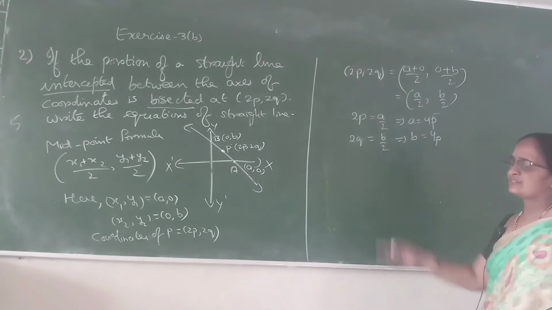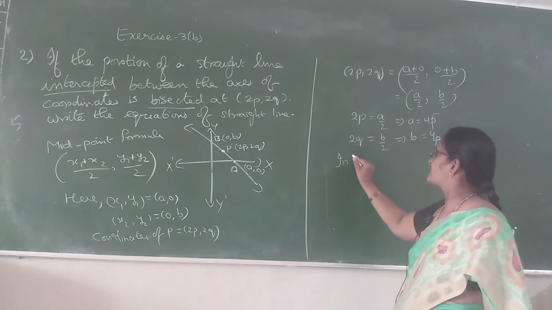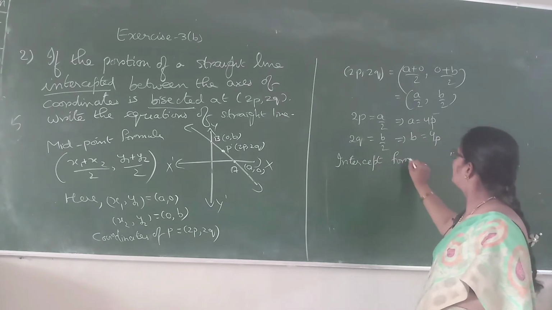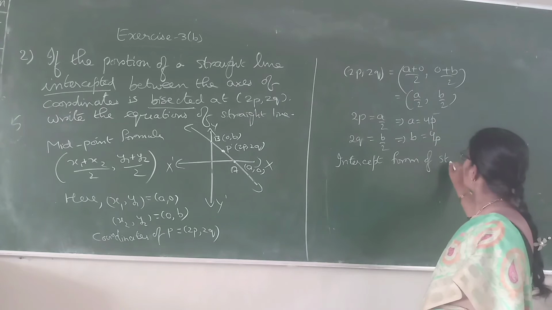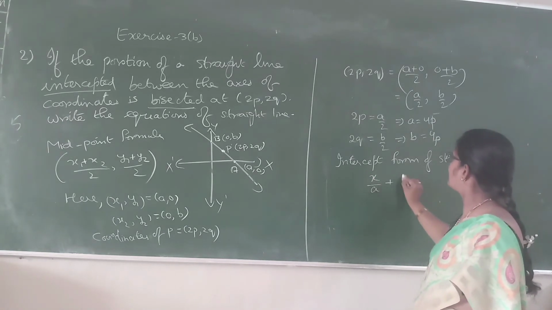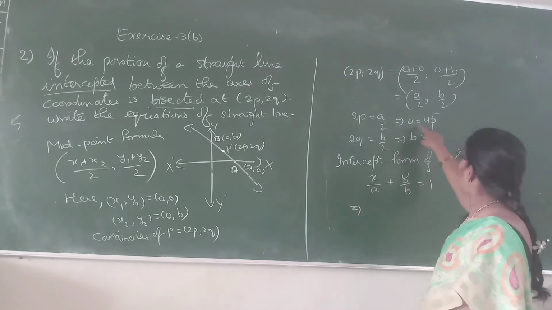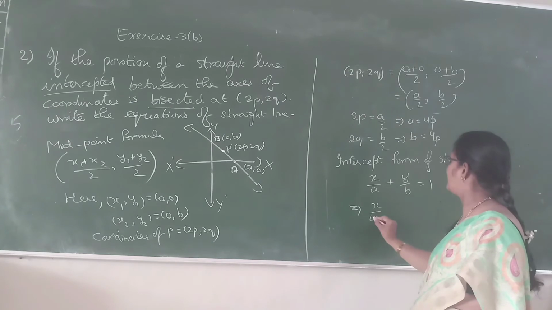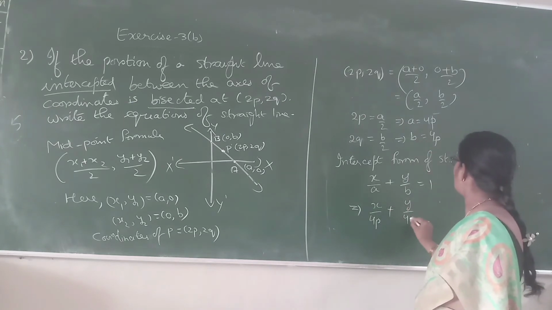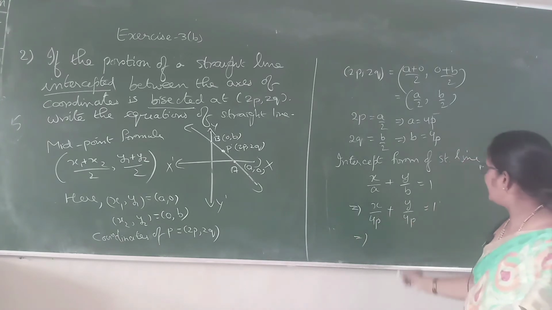4q. Now which form do we have to apply here? Intercept form of the straight line. So let us consider the intercept form of the straight line. What is that? x by a plus y by b equal to 1, which implies, here what is a? 4p. So x by 4p plus, what is this? y by 4q, which is equal to 1,